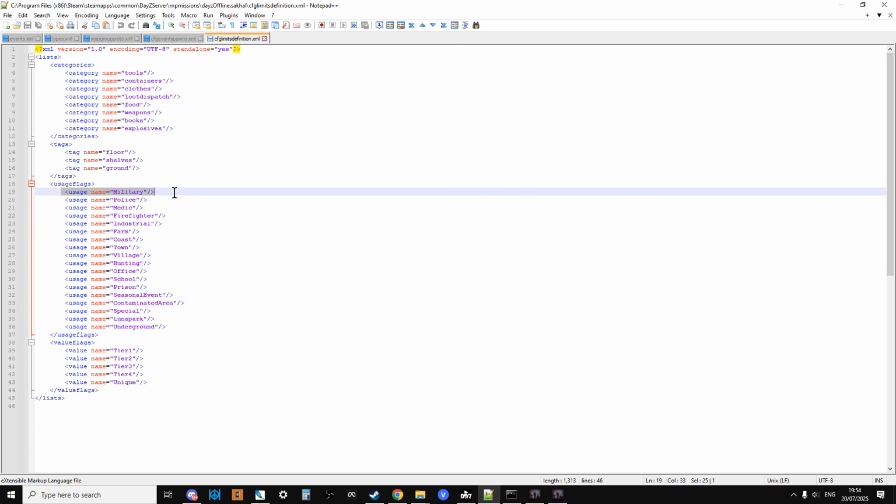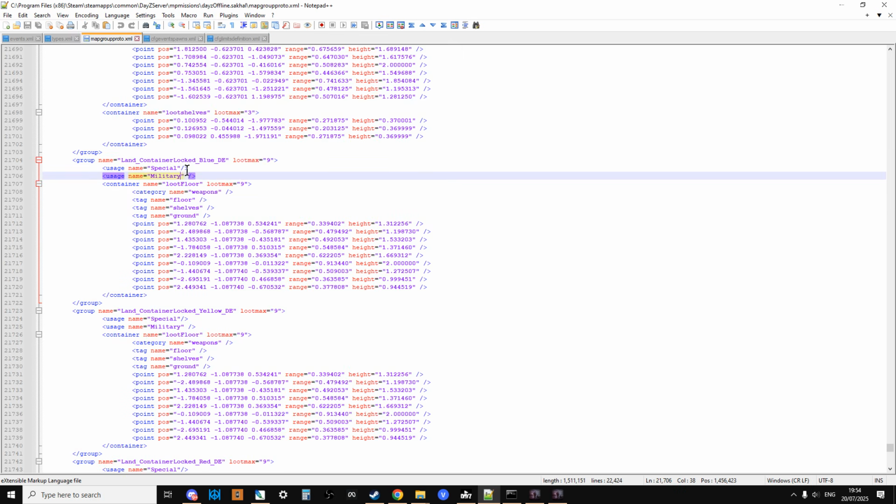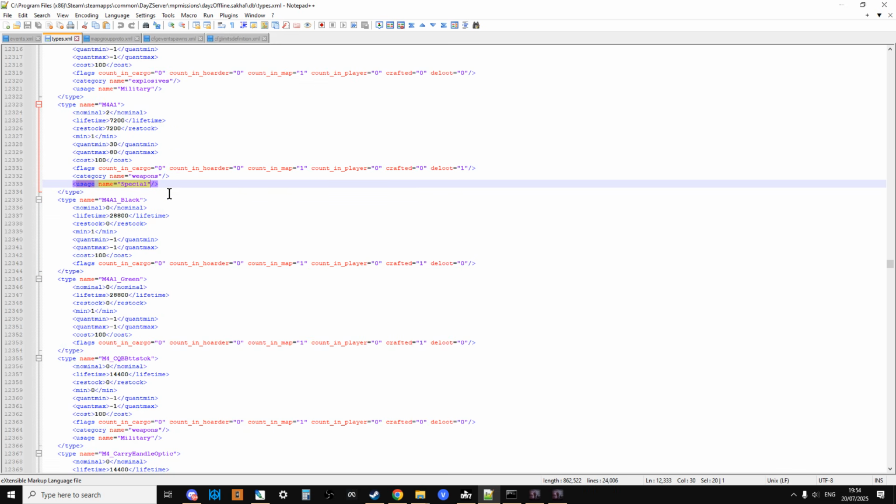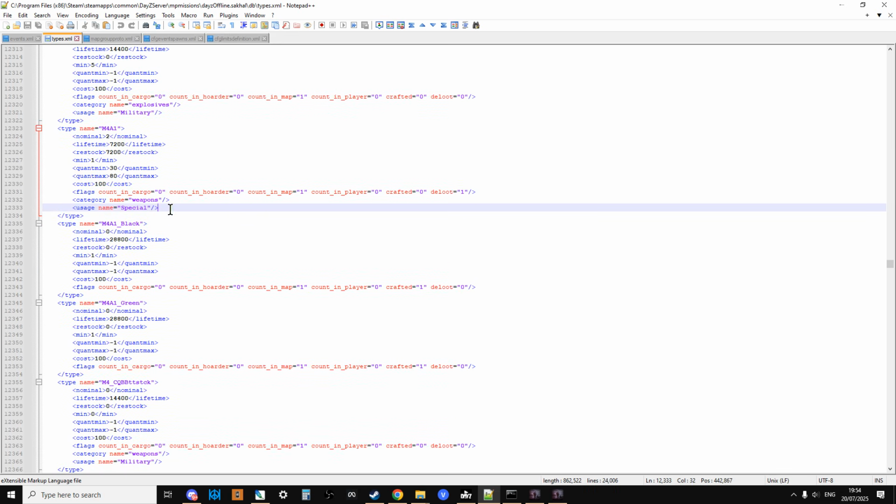You could call it usage name container, and then in the mapgroupproto inside the container you could have usage name container, so only spawn container stuff. And then you could go into your types file and have usage name container and just have stuff like that. Now we don't really have to do that here because usage name special is just for inside the container, but